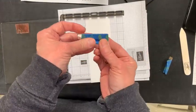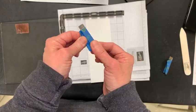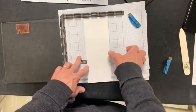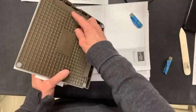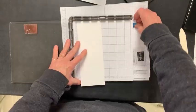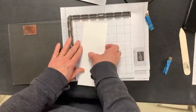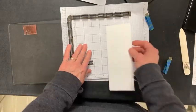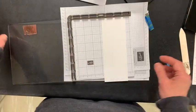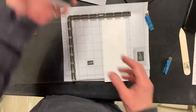You get these magnets. I've added this painter's tape on here because it makes it easier to pick up the magnet. If you put them close together, they will snap together, and then you will have 4 magnets. But there is a place on the back of the Stamparatus to store those. And they stick. Did you see that? I've got some grid paper on here, but the stamp set that I'm using first is my Biggest Wish, and